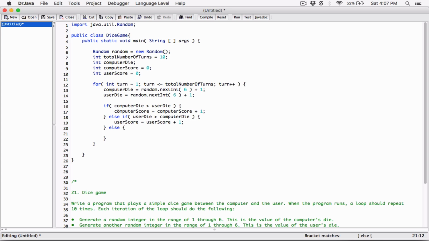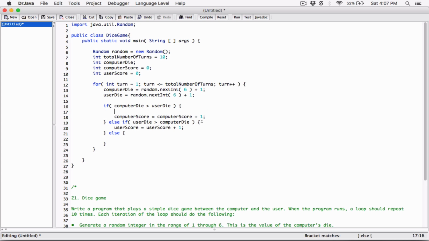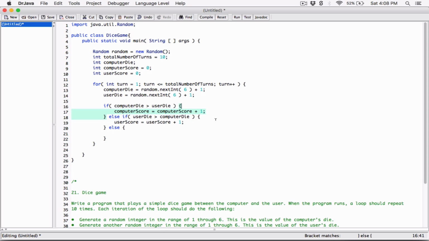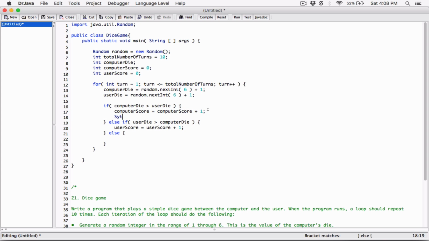All right. One thing we also want to do is, for the meantime, just for that round, let's state that the computer won. The computer won that round. So over here, I'm going to create a system. Well, first, let's go ahead and display a message first. System.out.println. And I'm going to say computer